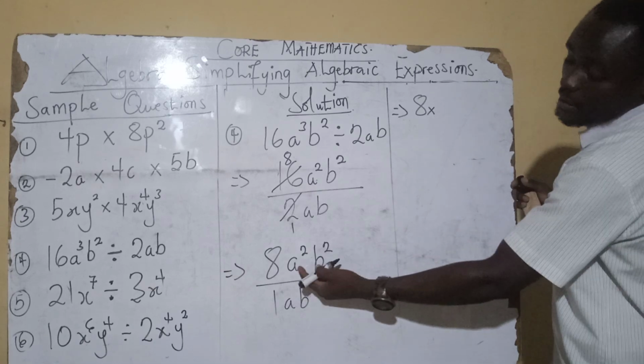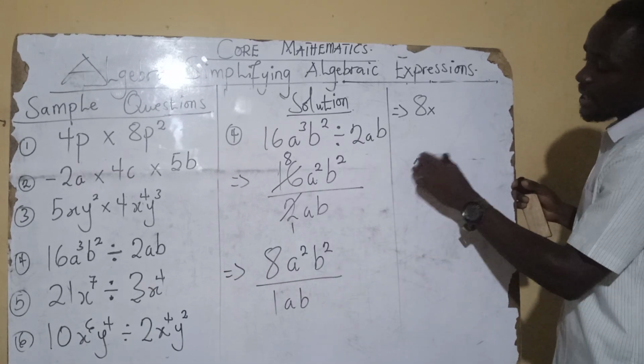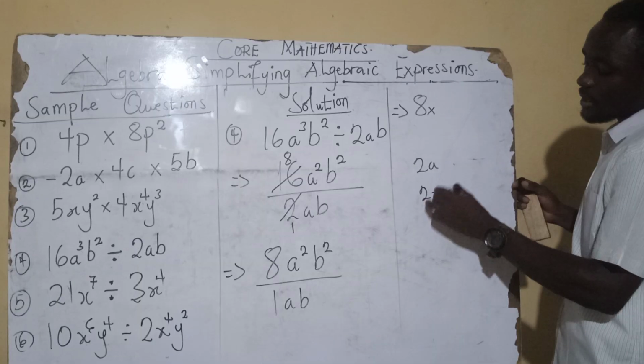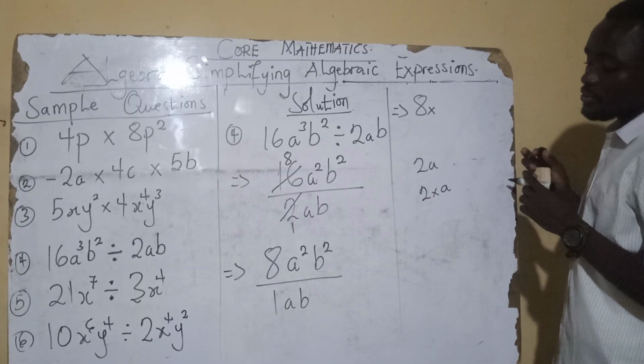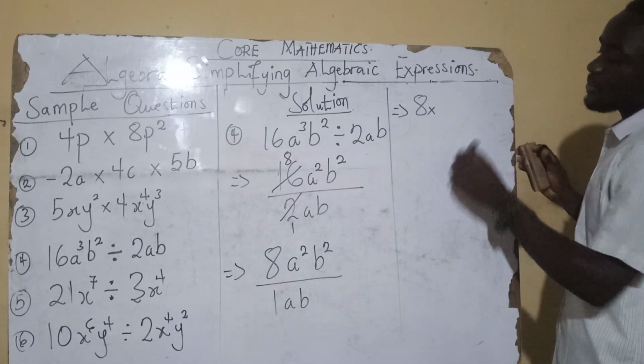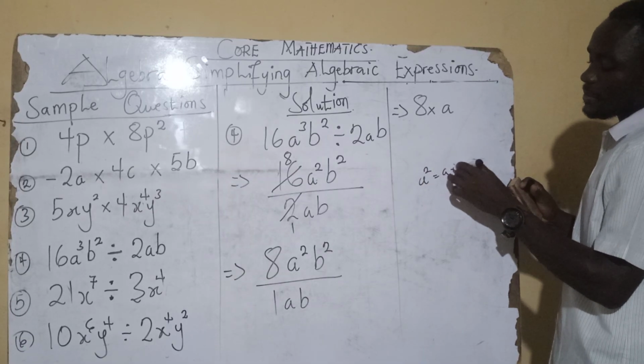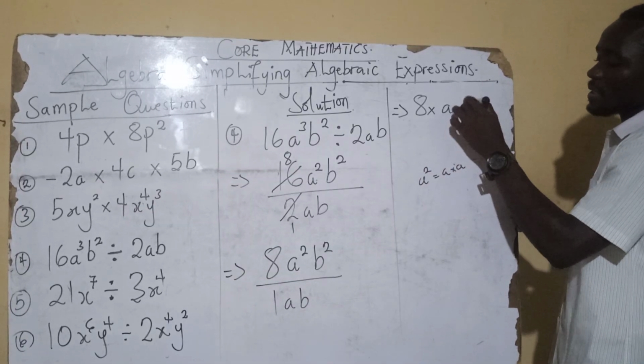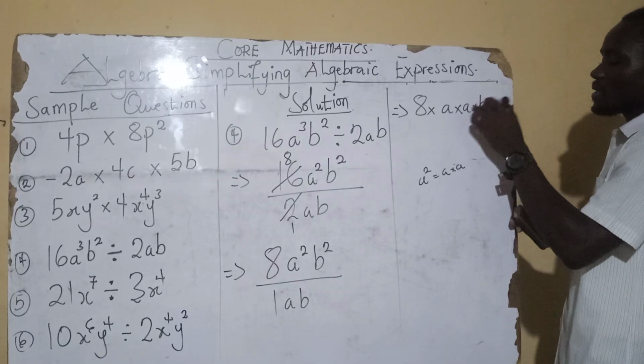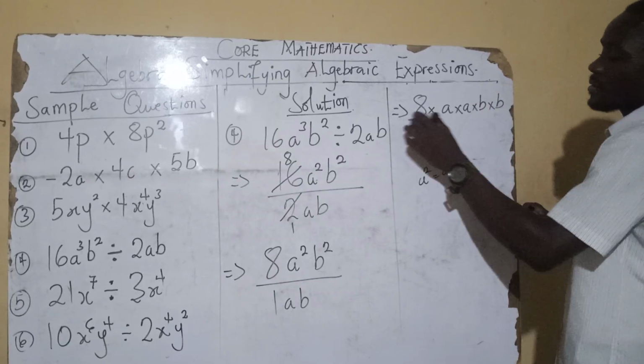You see, it is still in product terms. If I have 2a, it is the same as 2 times a. So it's still in product terms. We know that a squared is the same as a times a. So here can be a times a multiplying b times b, all over